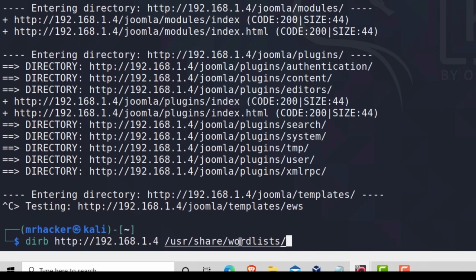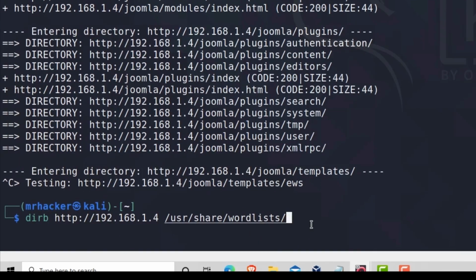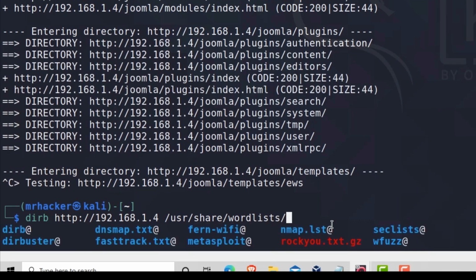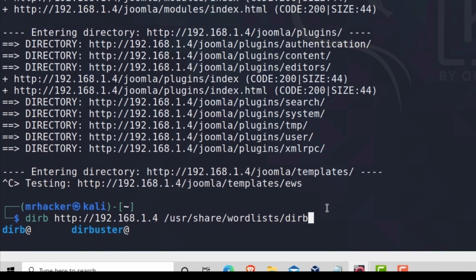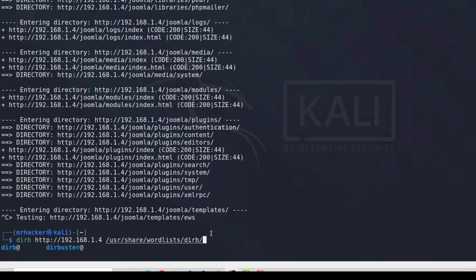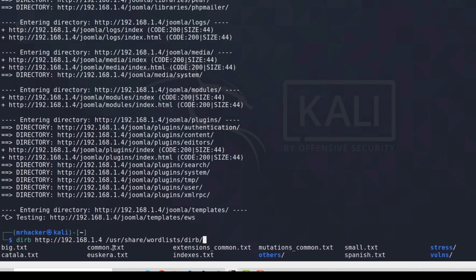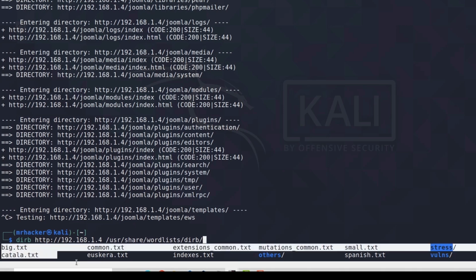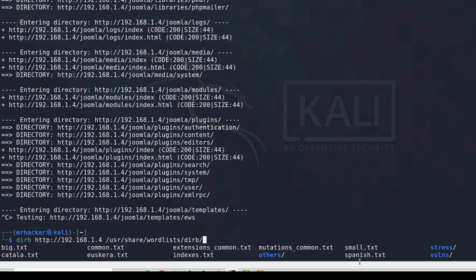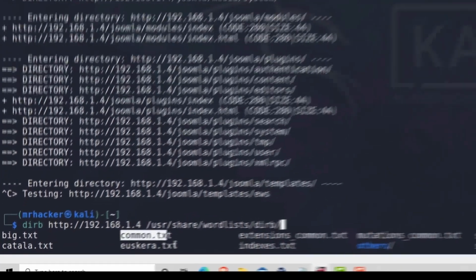And if you want to see all of the options that you have inside of this wordlists directory, you can press tab twice fast. And here you will be able to see all of these subdirectories of the wordlists directory. And since we are running dirb, let's go to the dirb subdirectory. Inside of the dirb subdirectory, we have all of these txt files, and all of these txt files are certain lists. Let's go with common.txt,